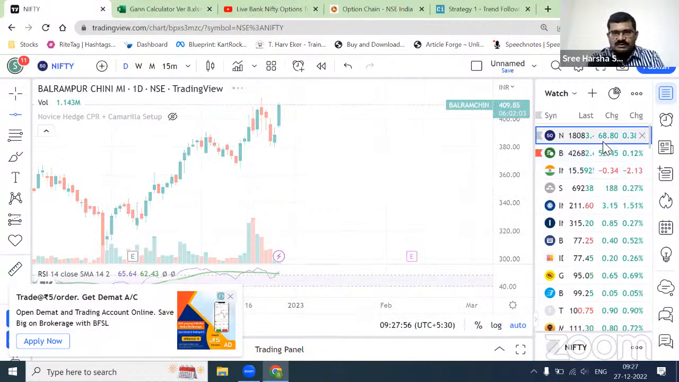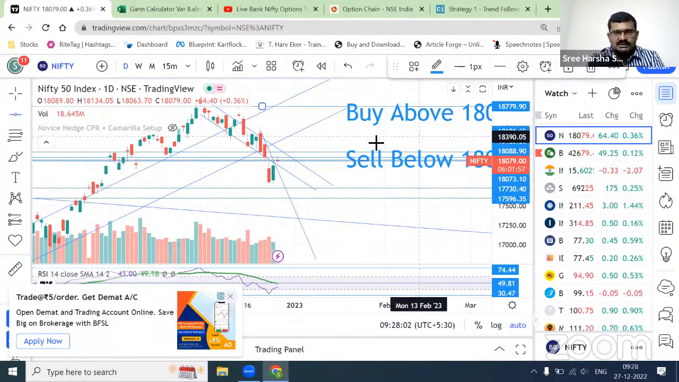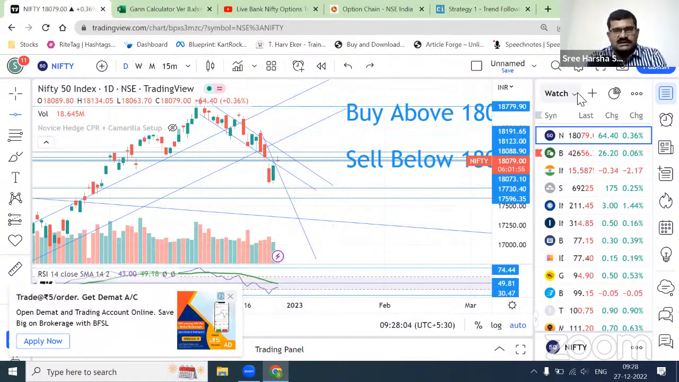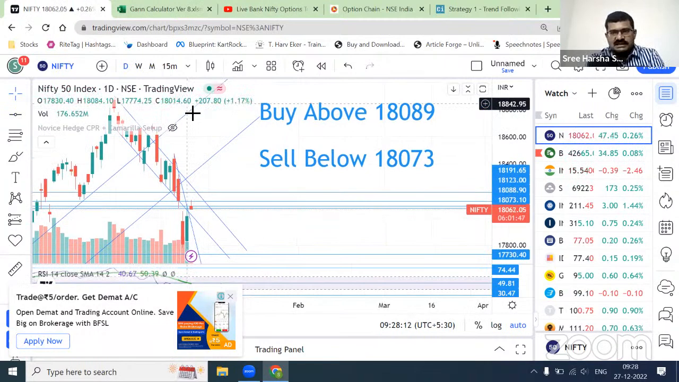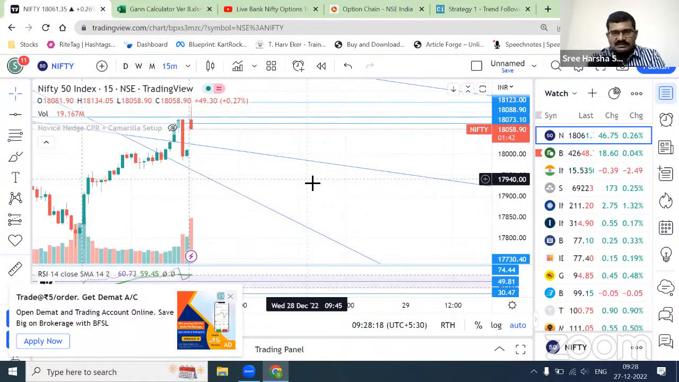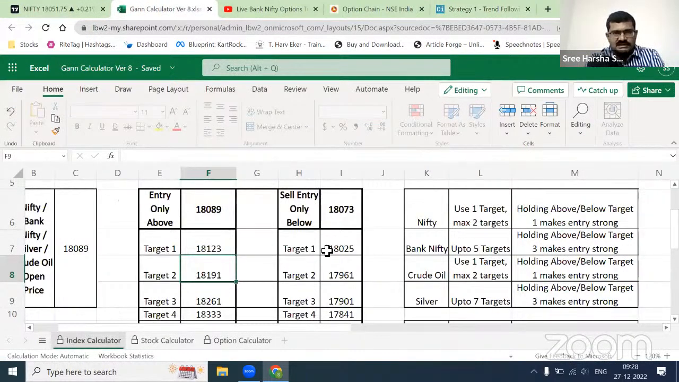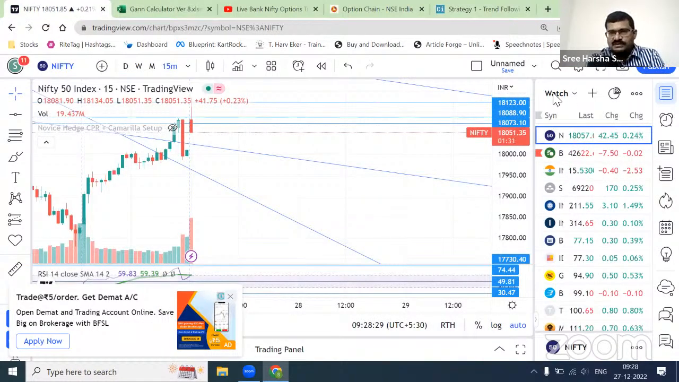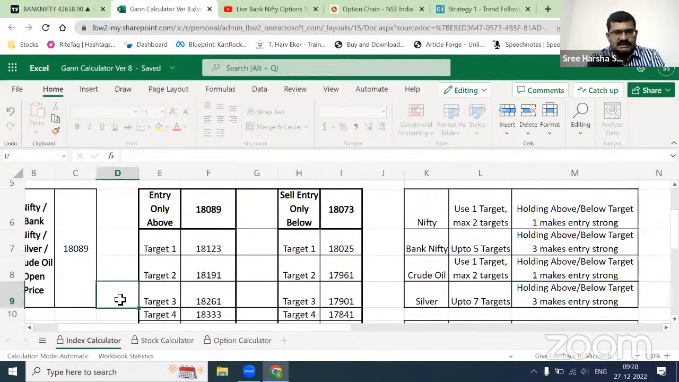Okay, look at this. Both the indices have actually started coming down. Now what I had told you, below 73 is a sell. It has come below 73, if you see here. So I'll be interested to buy if it is somewhere around. So let's go back to the indices. So 18,025 is something which we can probably see here. And for Bank Nifty,